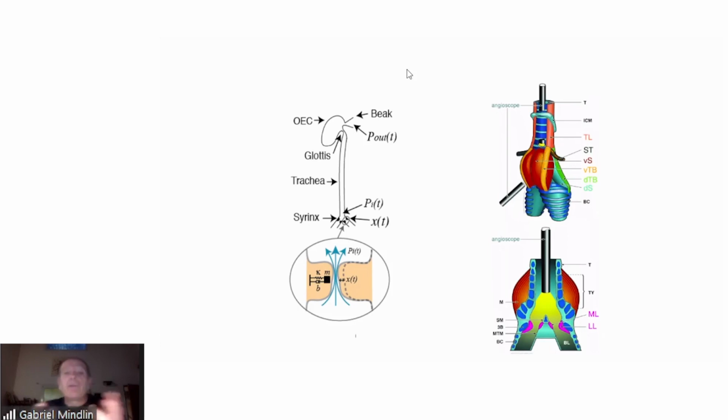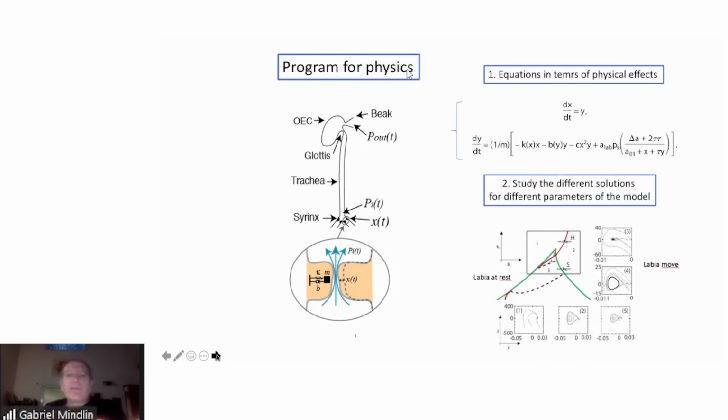So when you change the configuration of the vocal organ, the frequency of those oscillations changes. This is the basic mechanism. So the program for a physicist is to write equations, and what I'm describing here are just the basic Newton's equations for the dynamics of the midpoint position of the labia. Okay, so you want to see when and how these labia start to oscillate. And the way in which you describe that and you put this picture together